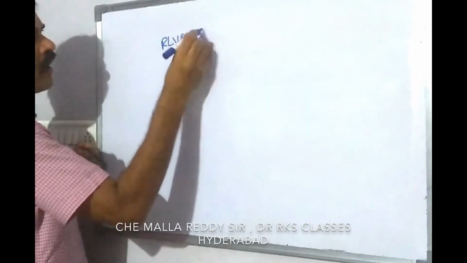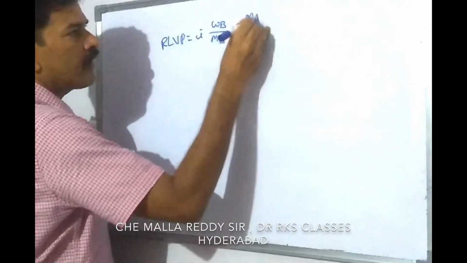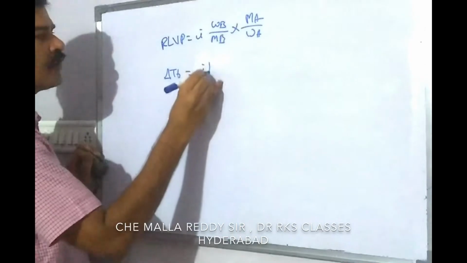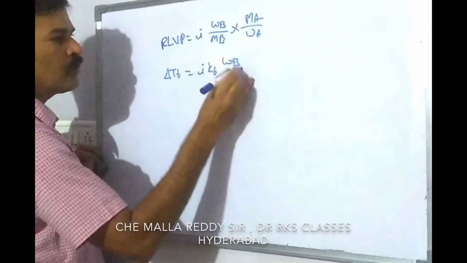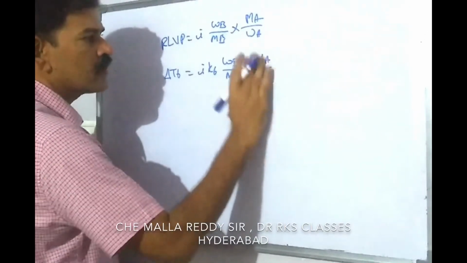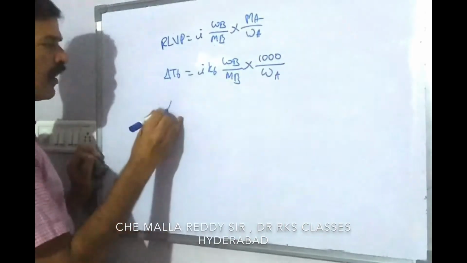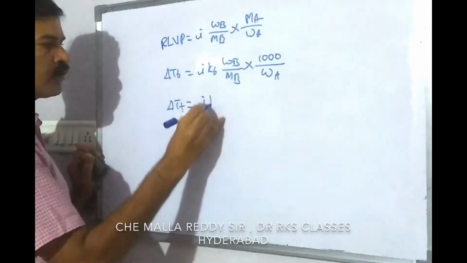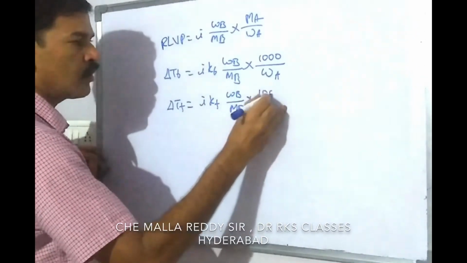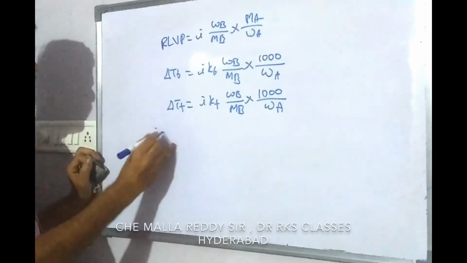RLVP is equal to i into weight of solute by molecular weight of solute into molecular weight of solvent by weight of solvent. Delta Tb is equal to i into Kb into weight of solute by molecular weight of solute into 1000 by weight of solvent. Delta Tf is equal to i into Kf into weight of solute by molecular weight of solute into 1000 by weight of solvent. Where i is equal to